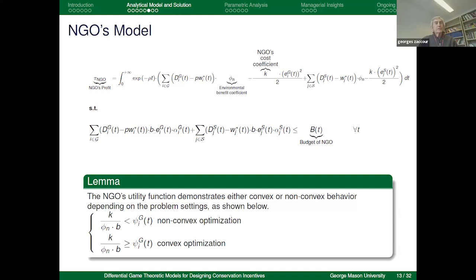This I understand, but how can you solve for one player if in the objective and the constraint of this particular player, you have the decisions of the others? So you need to solve for an equilibrium. That's a great point. So first we solve for the water decision because those are solved analytically, and so we do have the equation for the water consumption, which is also a function of the effort level. So we solve it for water users analytically, and then we plug it into the NGO's model. Then we solve it for their effort level. So that's how this is done.